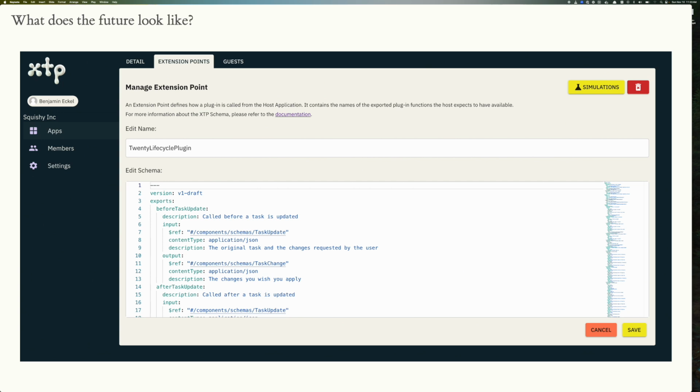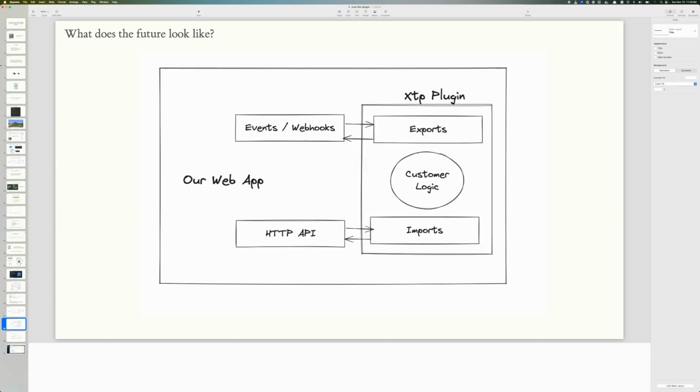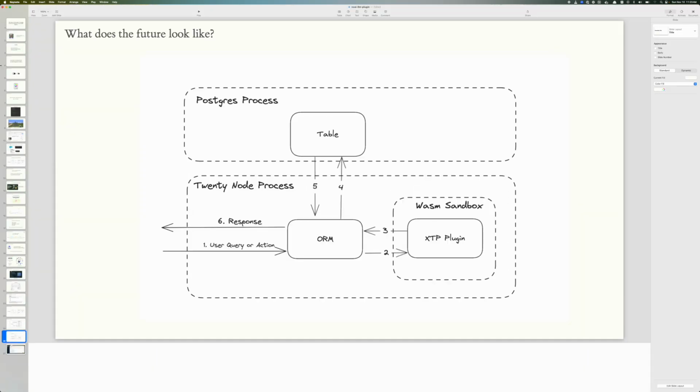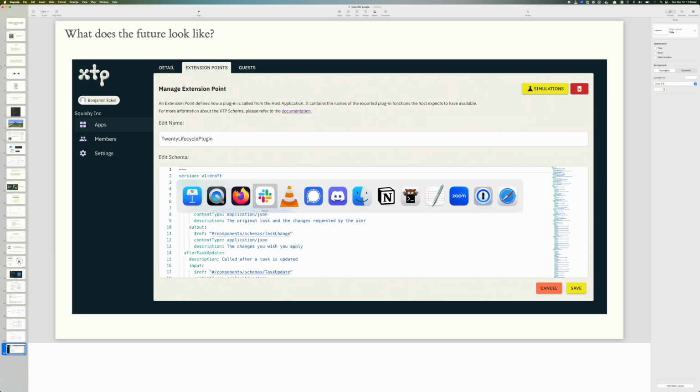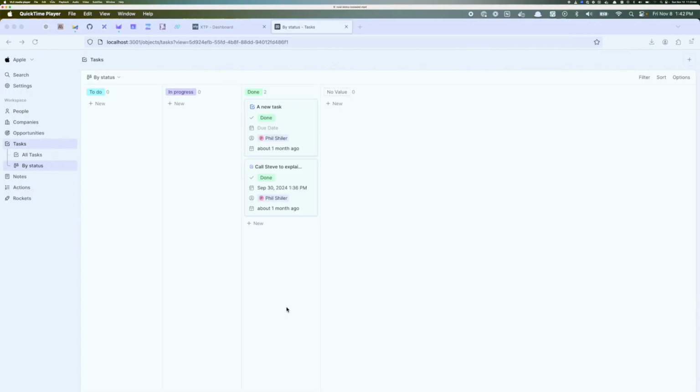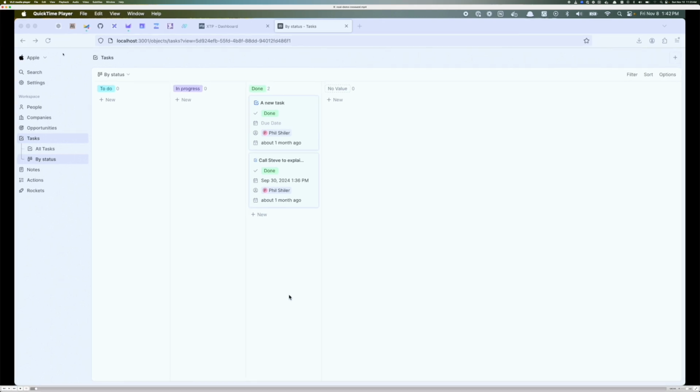For the interface, we have something called an XTP schema, which is kind of like OpenAPI. I was able to take Twenty's OpenAPI definitions and just dump them in XTP, and it already knows about the interfaces between these things, because they've already been defined. So this is a way to bootstrap a plugin system. Now I'm going to do a demo. I'm going to do it on video because I don't have a good enough network to do this, and it's probably going to take a while over this network.